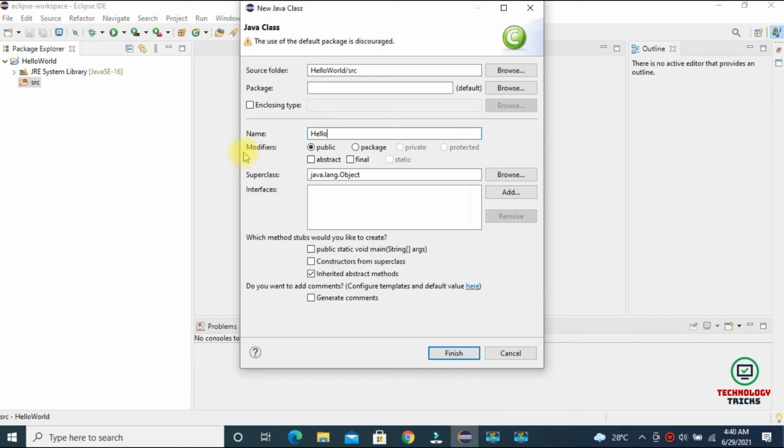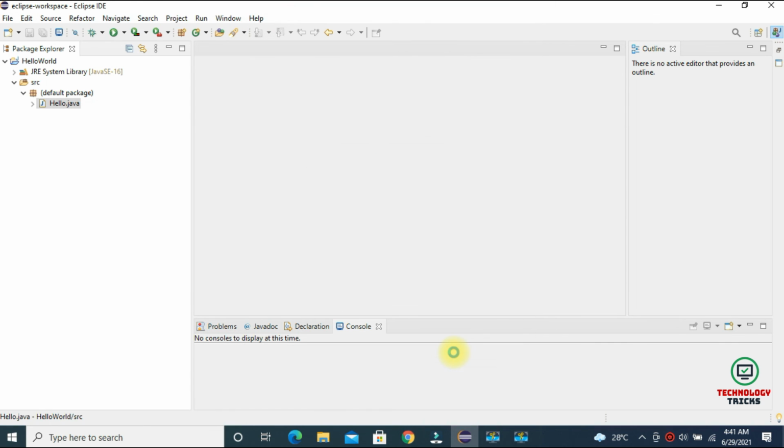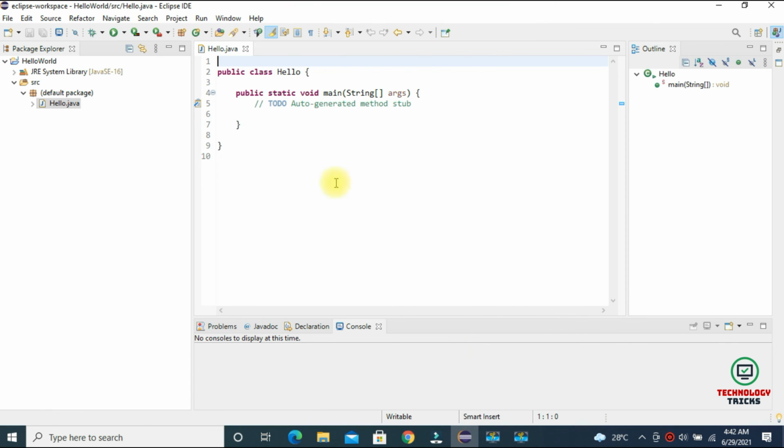Alright, so the modifier would be public only, and I'm going with the method public static void main. So I'm just doing a check mark. Alright, so just click on finish. Yes, now you can see inside this class public static void main has already been created.